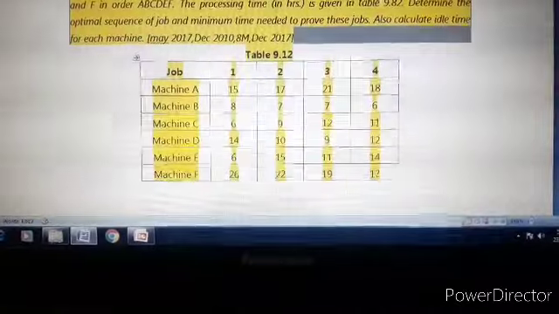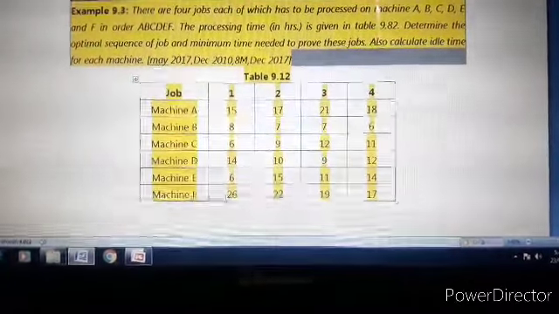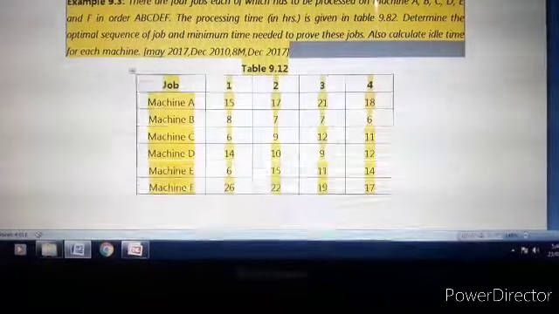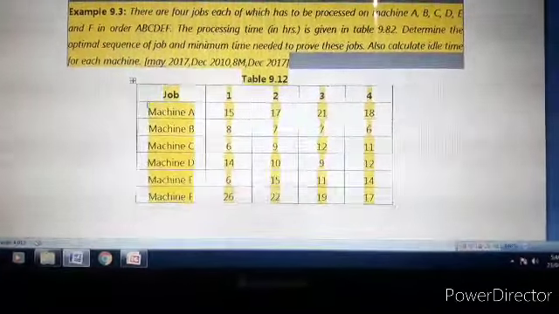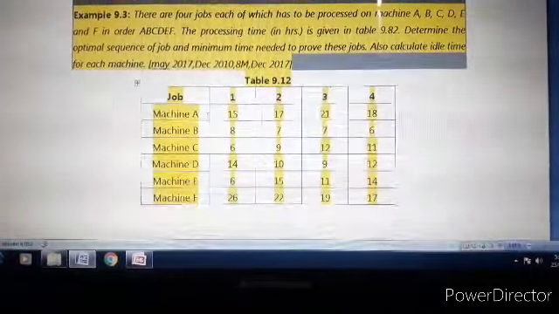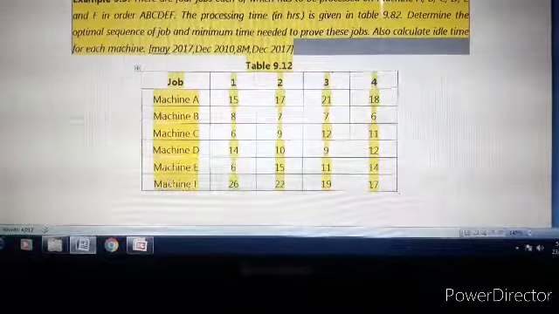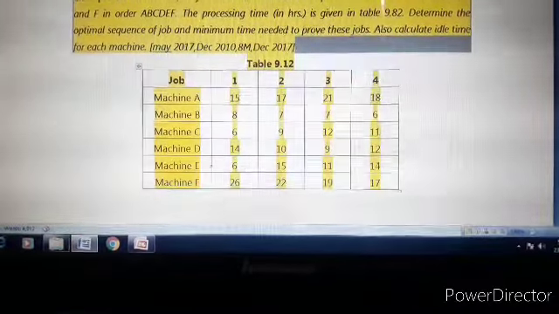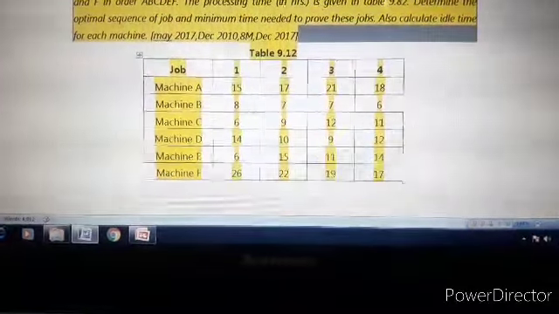For machine E, the maximum time is 15. And for machine F, the minimum time is 17. So the first condition is satisfied: the minimum processing time on machine A, that is 15, is greater than or equal to the maximum processing time on E, that is 15. So this condition is satisfied.